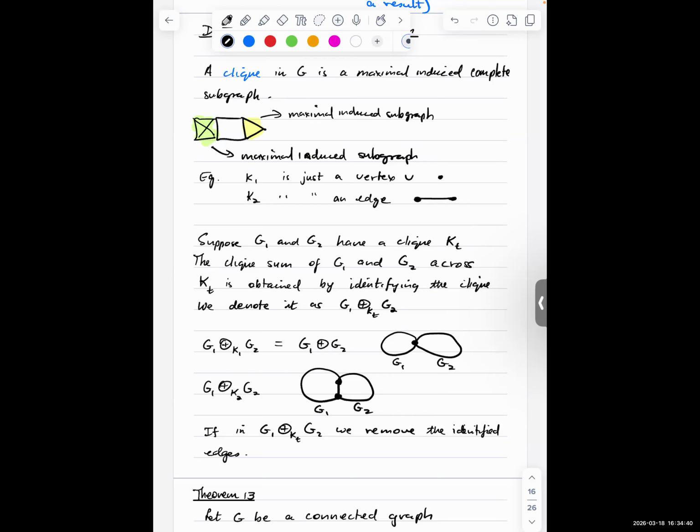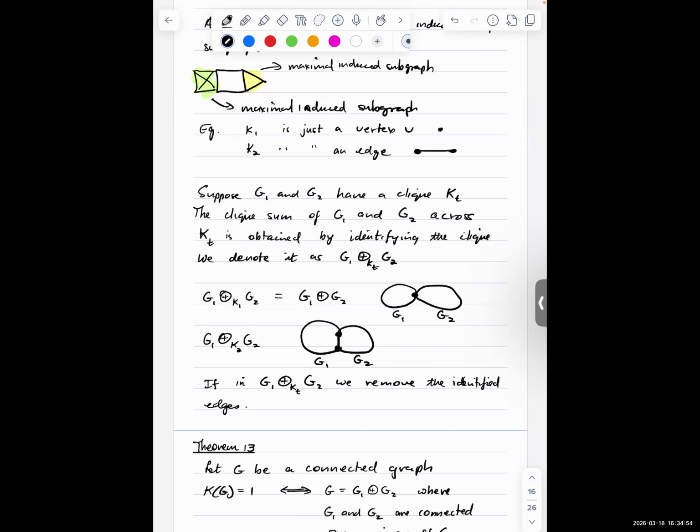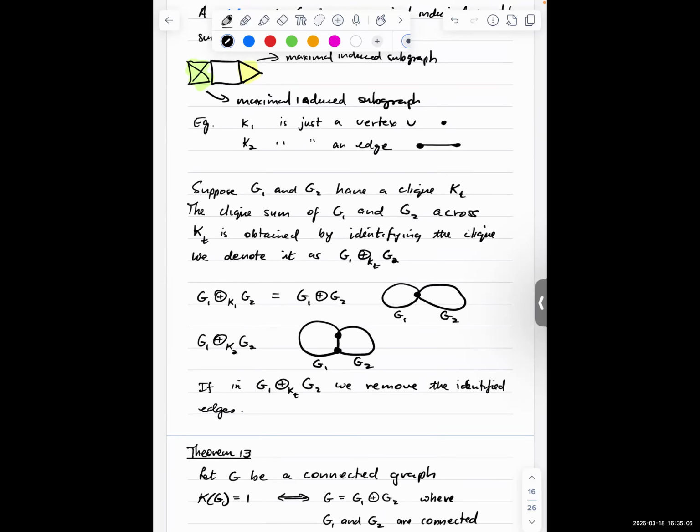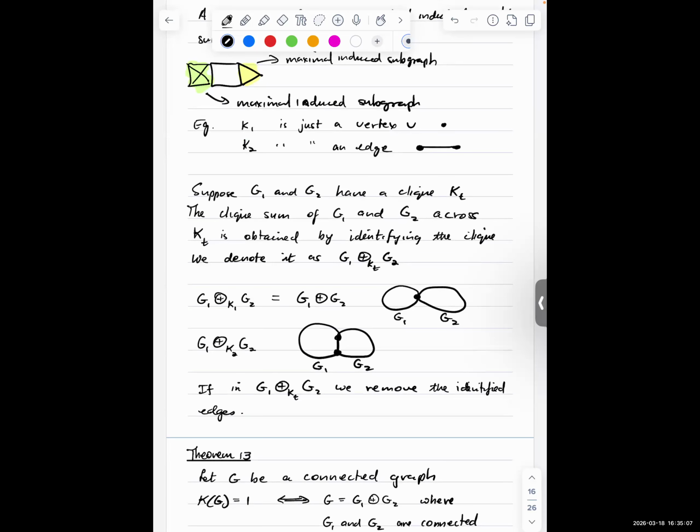Sometimes we want to talk about the largest clique, but not today. If we wanted to talk about the largest clique present in the graph, then it would be K4, but not today. So K1 is just a vertex, so you can think of any vertex as a clique. K2 is just an edge, right? So you can think of an edge as a clique. And now let's talk about clique sums. Suppose your graphs G1 and G2 have a clique,